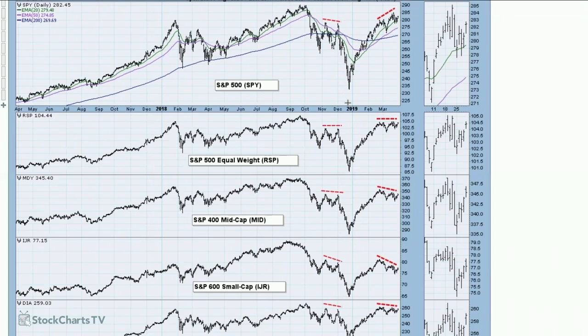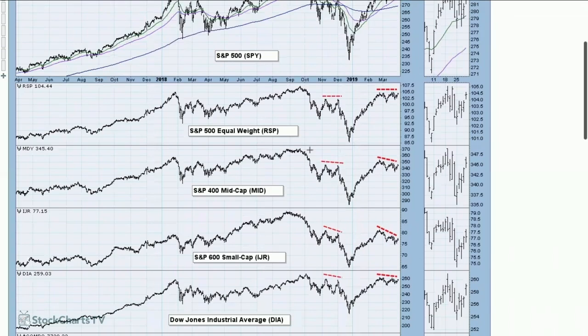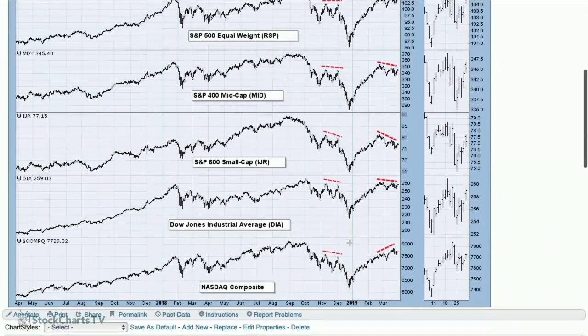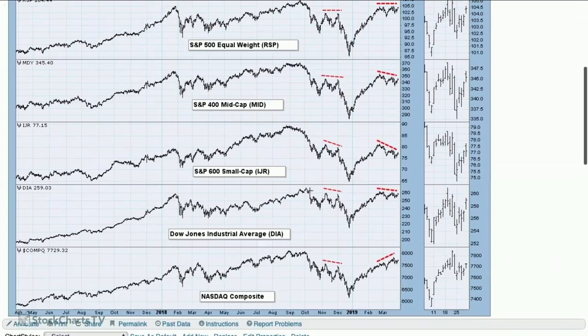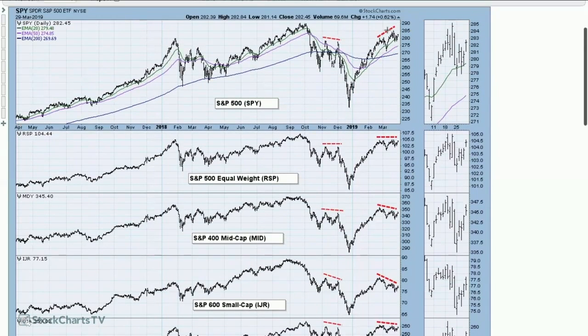Okay, here we have a new chart that I'm going to put in the weekly wrap, looking at broad market indexes. If you note in November, December, we got those tops, a lower top in December on the S&P 500, and then if you go down to the other indexes, they're all in agreement with that declining tops theme. But currently we've got a rising tops with the S&P 500, but then